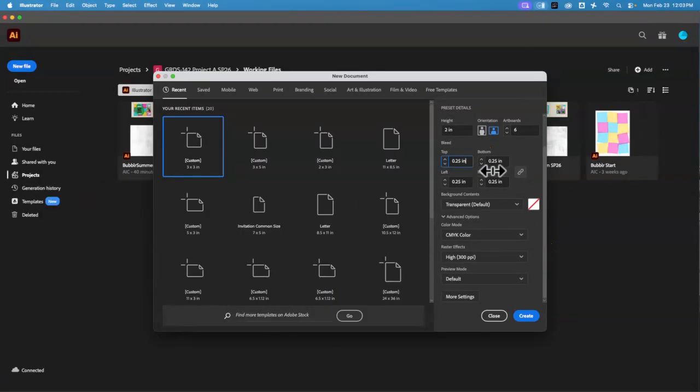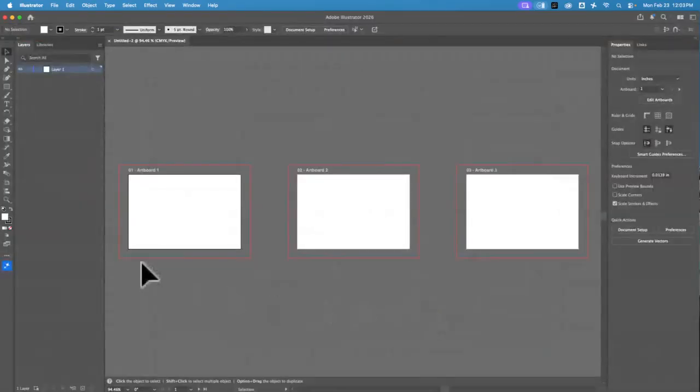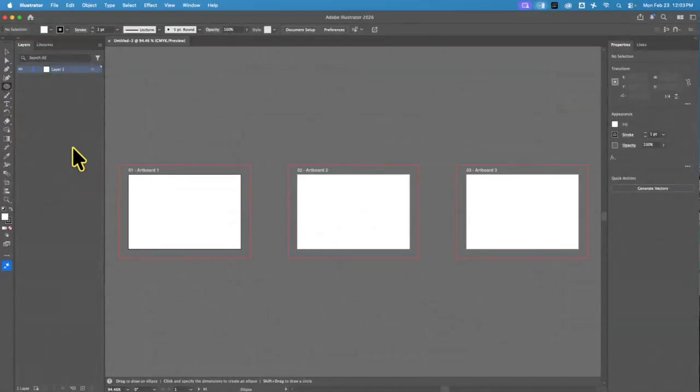Let's scroll on down. 1/4 inch bleed, we always do that. More settings. I want 3 artboards, not 6. That was a demonstration from earlier on. I do in a row horizontal with 1 inch spacing, and then we create the document. Next up, we're going to create our,